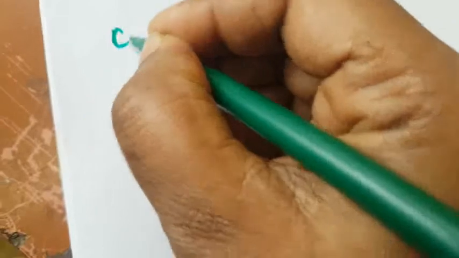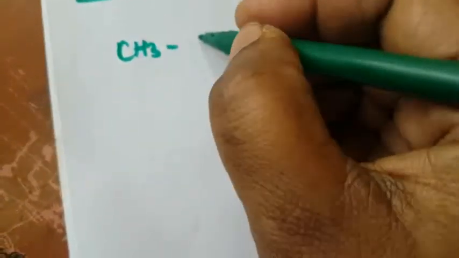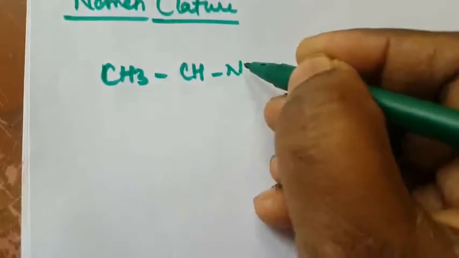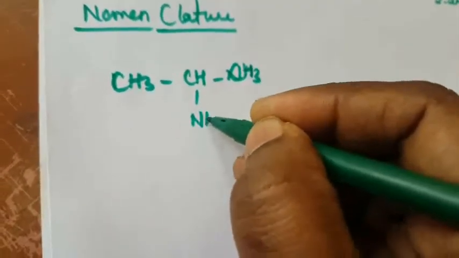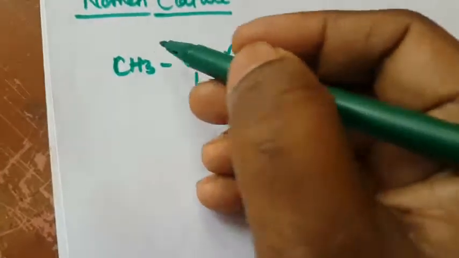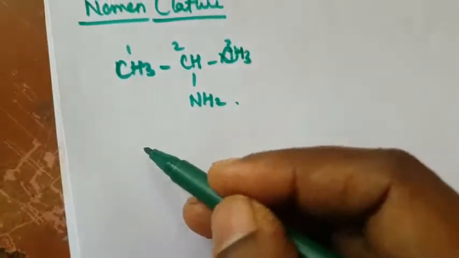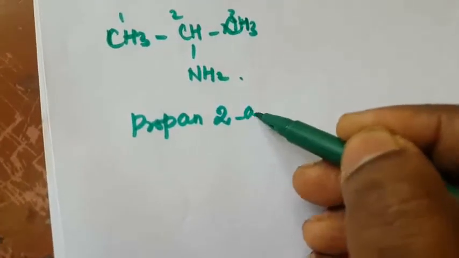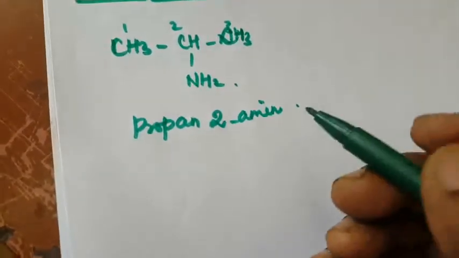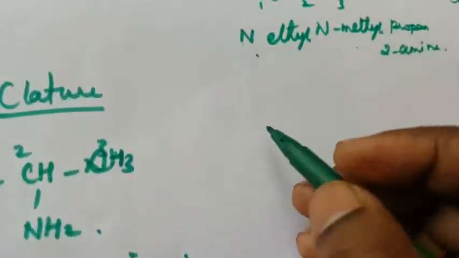So next one is isopropyl. So here how to name this compound? So that is CH, N, CH3, here NH2. How to name this compound? 1, 2, 3. So propane, 3 carbon means propane. Second position amine is there. So that is propane 2-amine. Okay. So next one is